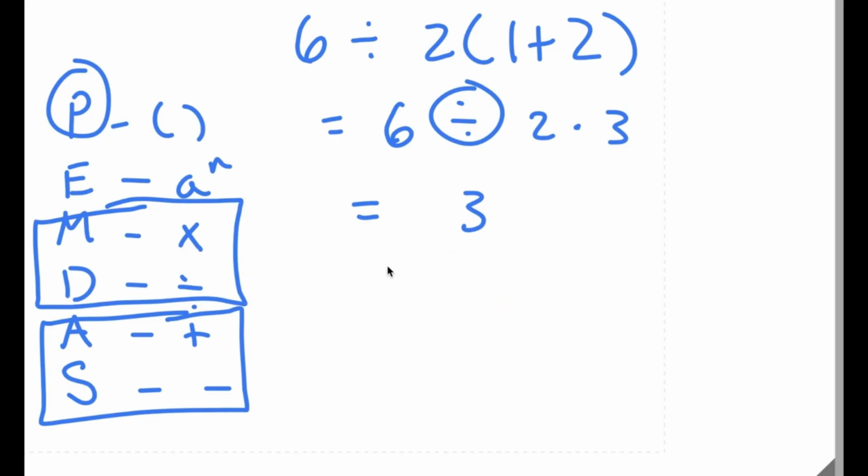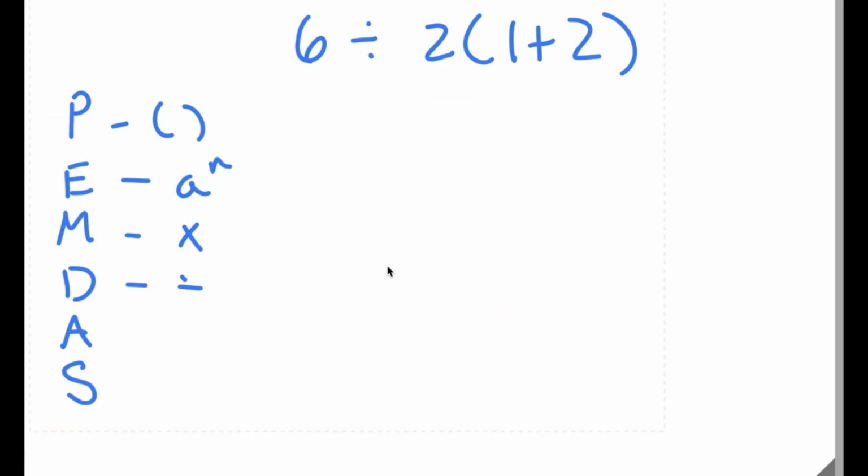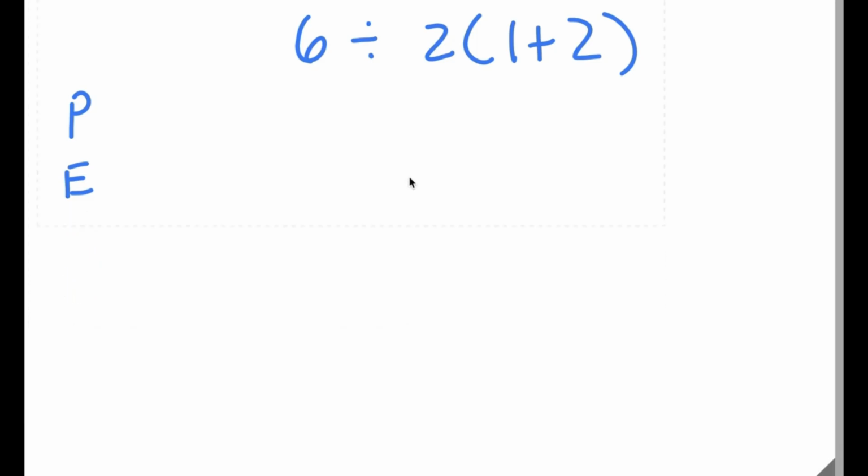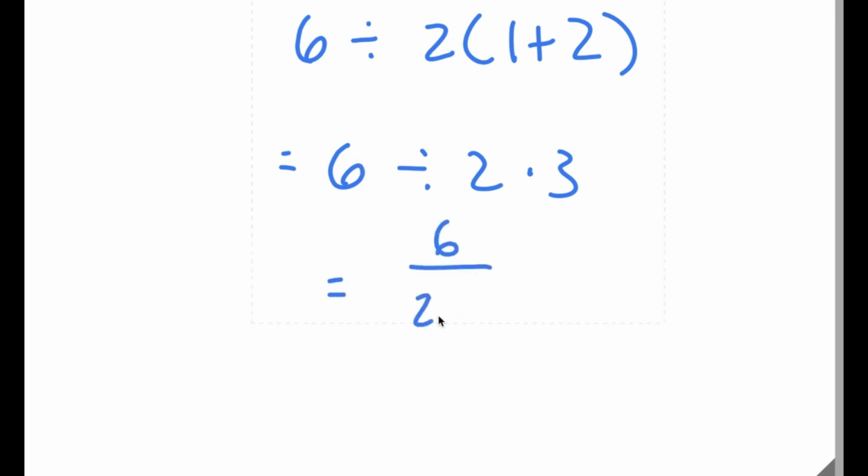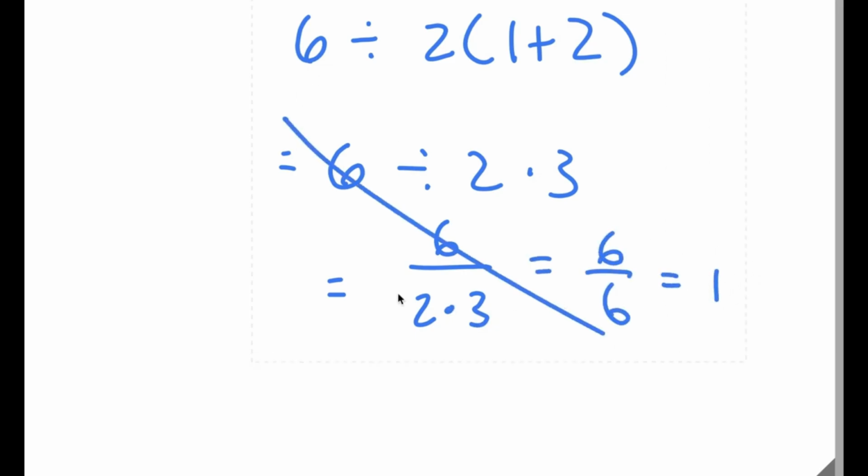Now, what people used to do to get the wrong answer, this was actually during the 1900s, is they would first start by adding 1 plus 2 in the parentheses, so this would be equal to 6 divided by 2 times 3. But now, instead of doing 6 divided by 2, they would do 6 over 2 times 3. And 2 times 3 is 6, so they get 6 over 6, which is equal to 1. And this is actually the wrong method,